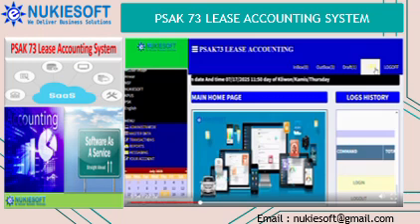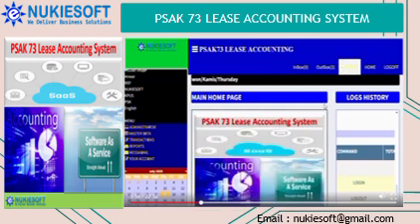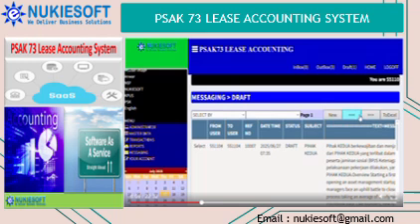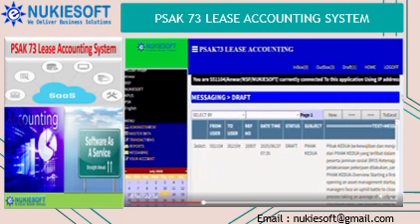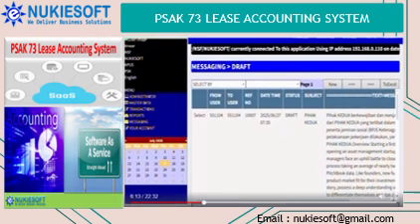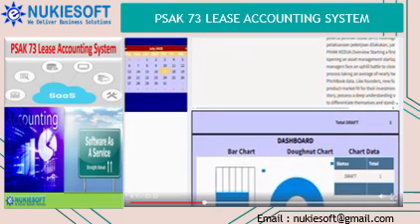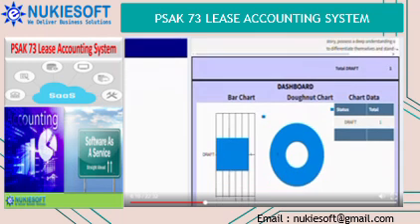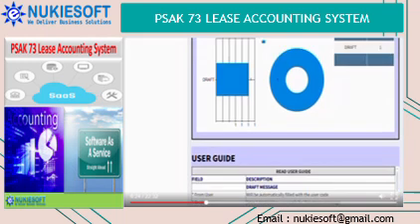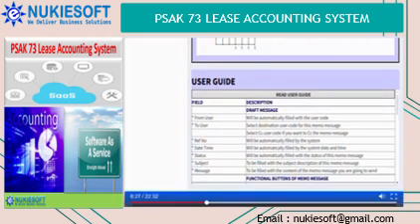What is an identified asset? An asset can be identified either explicitly or implicitly. If explicitly, the asset is specified in the contract, for example, by a serial number or a similar identification marking. If implicitly, the asset is not mentioned in the contract, so the entity cannot identify the particular asset, but the supplier can fulfill the contract only by the use of a particular asset. In both cases there may be an identified asset.